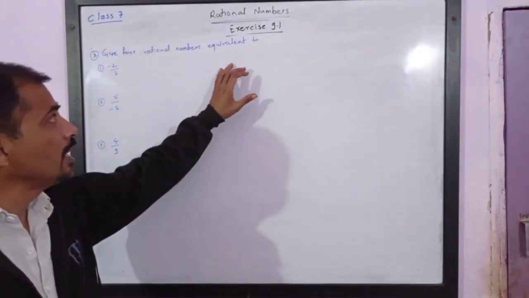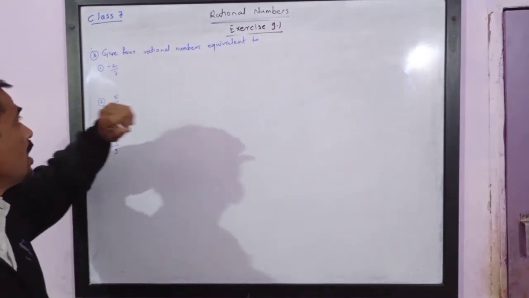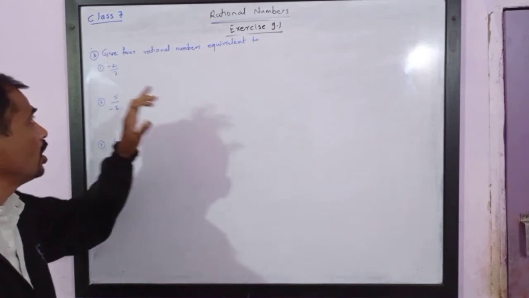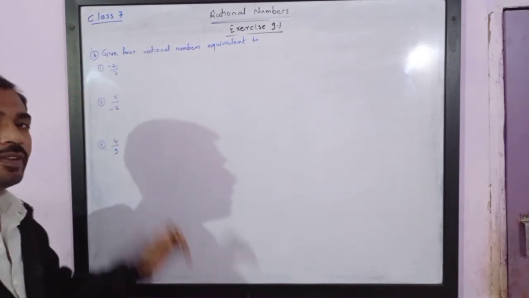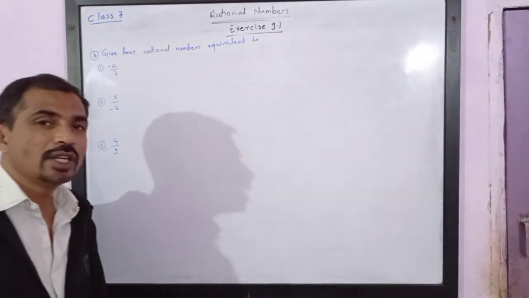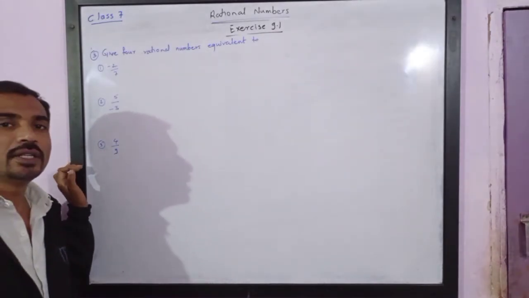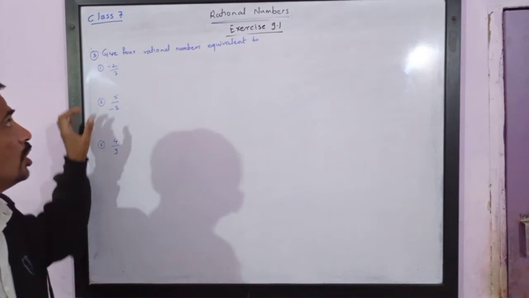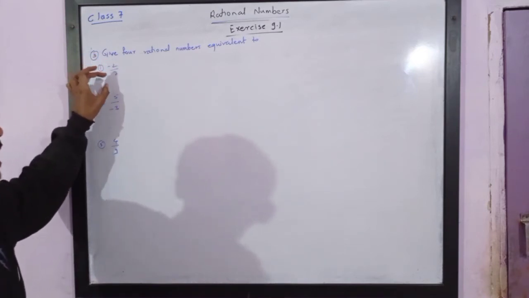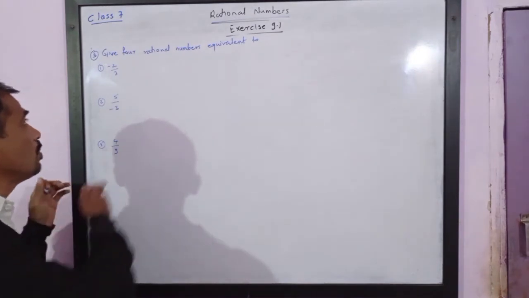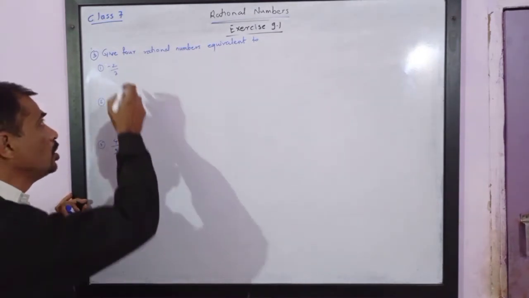Dear friends, we have next question, third question from the exercise 9.1. Give 4 rational numbers equivalent to. First is negative 2 upon 7. Please note, we have already studied. To obtain the equivalent fraction, we multiply numerator and denominator by the same number. So, if you multiply numerator and denominator by same number, we will get an equivalent fraction. So, if this negative 2 upon 7 is multiplied by 2, we will get